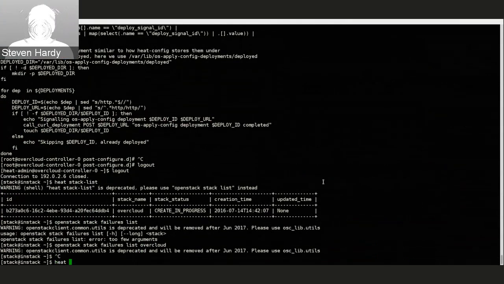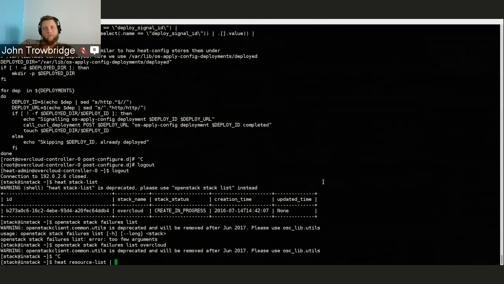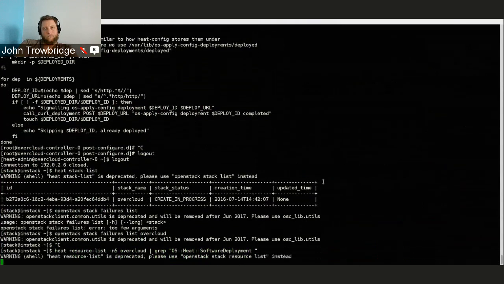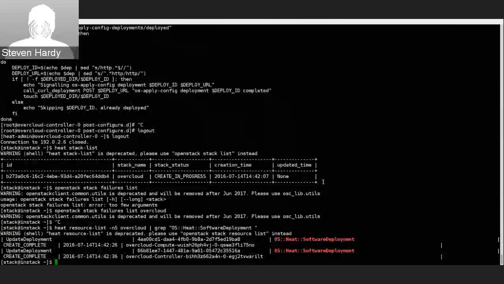The other thing is, having looked at the node side of the software deployment workflow, if you do heat, you can actually look at the software deployments themselves. In this case, I think we're actually using an alias for the deployment, so I might need a different grep string, but let's look at these anyway. If you do heat deployment show,